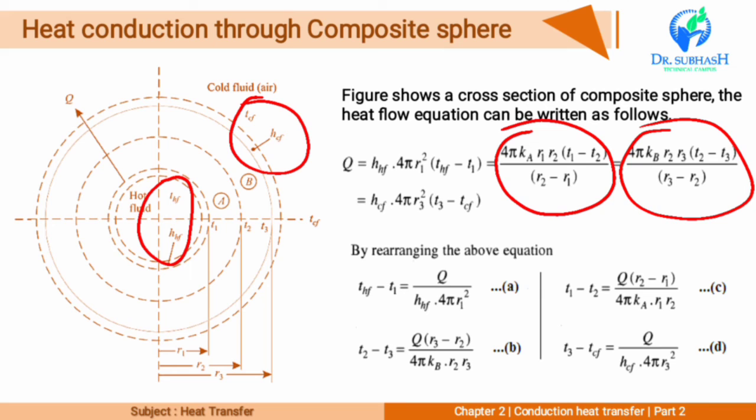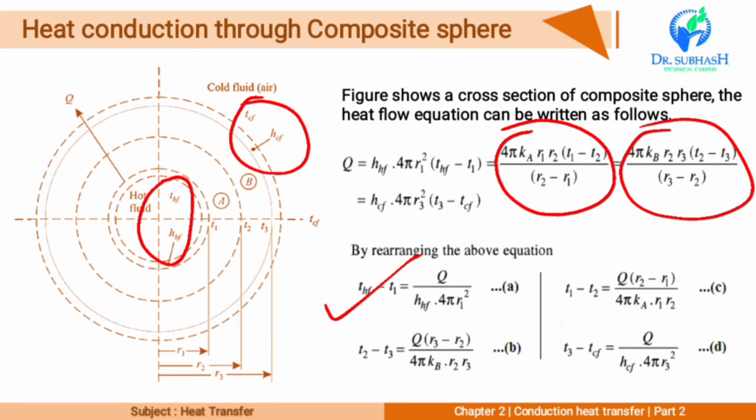Let's rearrange the above equation, taking the temperature difference on the left-hand side and the remaining terms on the right-hand side. We get four equations: A, B, C and D. Equation A is T_HF minus T1 equals Q divided by h_HF into 4 pi R1 square, and equation B, that is T2 minus T3, equals Q into (R3 minus R2) divided by 4 pi